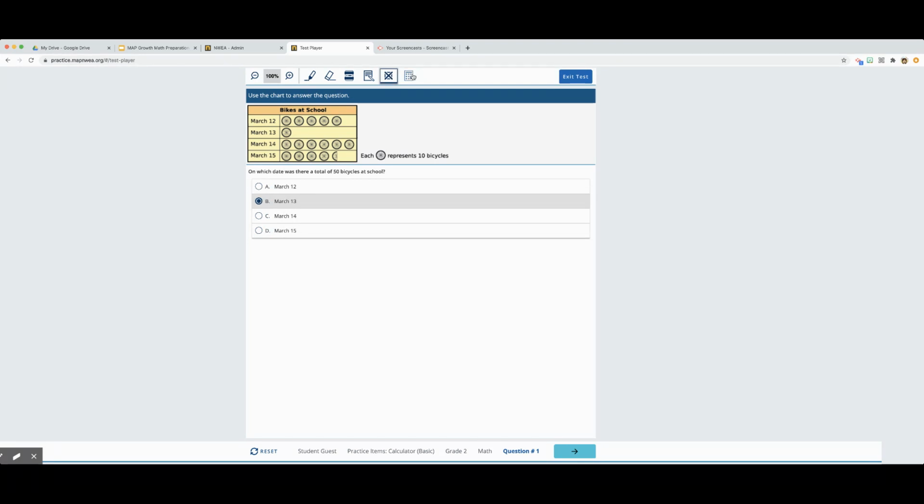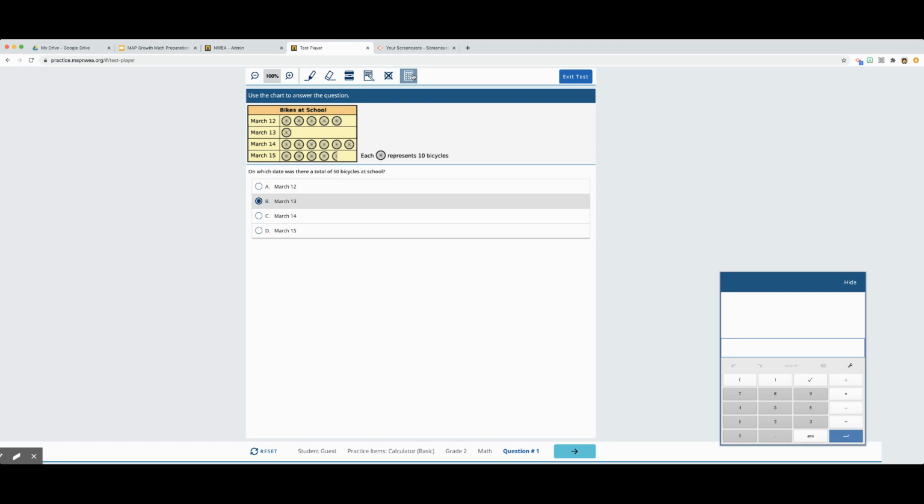And then the last tool up at the top is a calculator. When you click the calculator button, the calculator shows up in the bottom of the screen. To use the calculator, you just put in whatever numbers you're wanting to add, subtract, multiply, or divide. So for example, if we're adding 2 plus 3, I'll type 2 plus 3, and then the answer is on the very opposite side of the display on the calculator. So my equation is on the left, but my answer is on the right. Okay, so there's a little tip there. It says your answers show up on this side. Okay, when you're ready for the calculator to go away, click the calculator picture on the toolbar at the top,